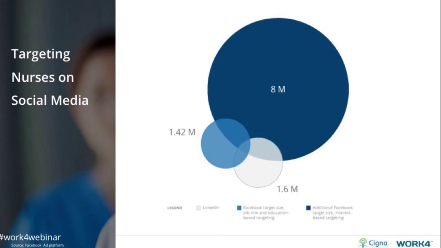I want to talk, getting more and more granular, about nursing. These are some statistics that we pulled through our advertising platform on Facebook in comparison also to LinkedIn. There were 1.42 million people on Facebook that have a nurse or a registered nurse or a nursing type role or function in their title. 1.6 million of them identified in LinkedIn. But what's really compelling is the 8 million,